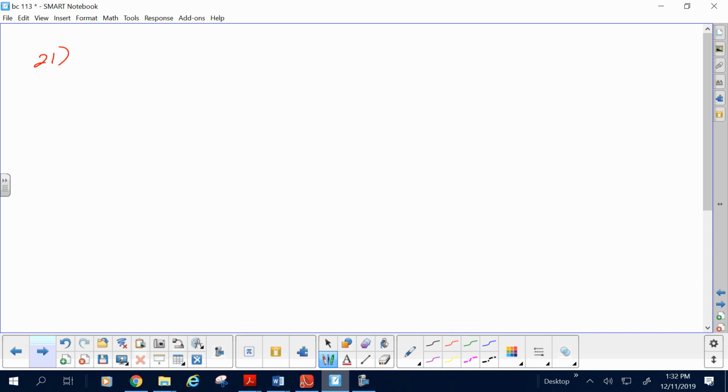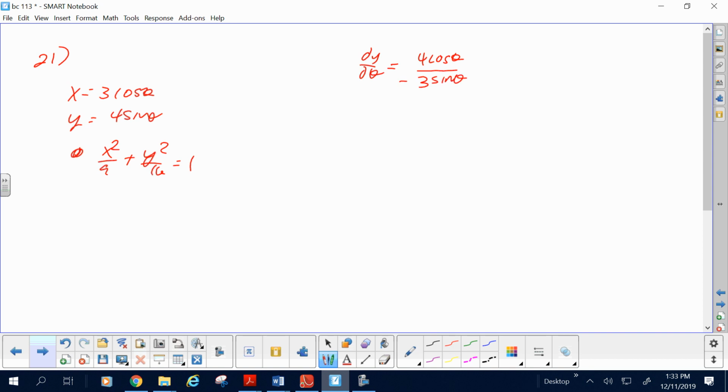Yes? Not a core, but just like, you have to get dy over dx for trigonometric rectangles. Gotcha. I blew that part off the last question. So yes, I'm down. I can show you what I want to see really. So you know x is 3 cosine and y is 4 sine, and when you eliminate the parameters you have this. And if we do this in terms of theta, dy d theta is 4 cosine theta over negative 3 sine theta, yay? Okay. And if you do dy dx here,